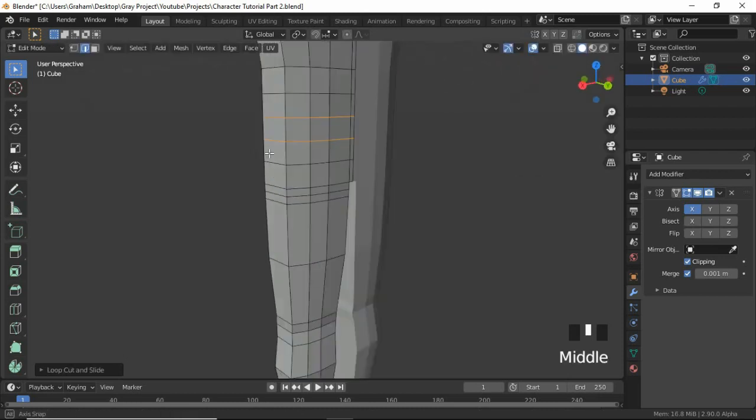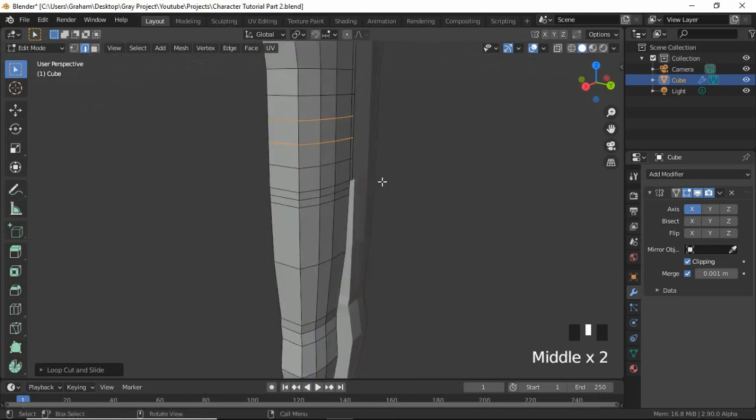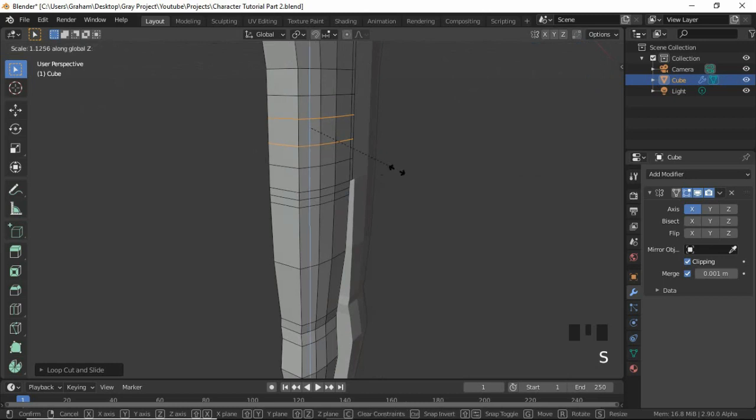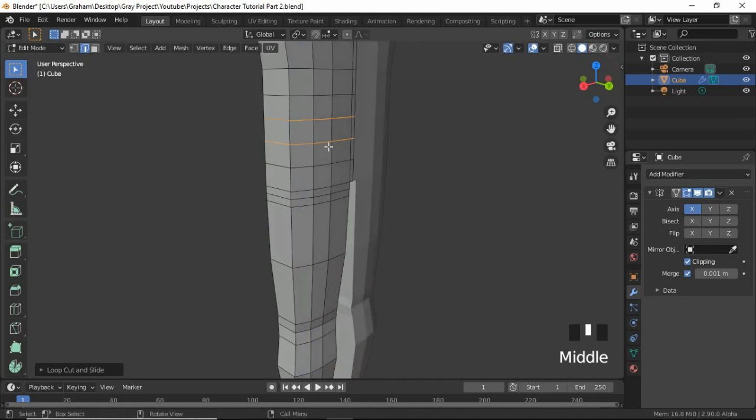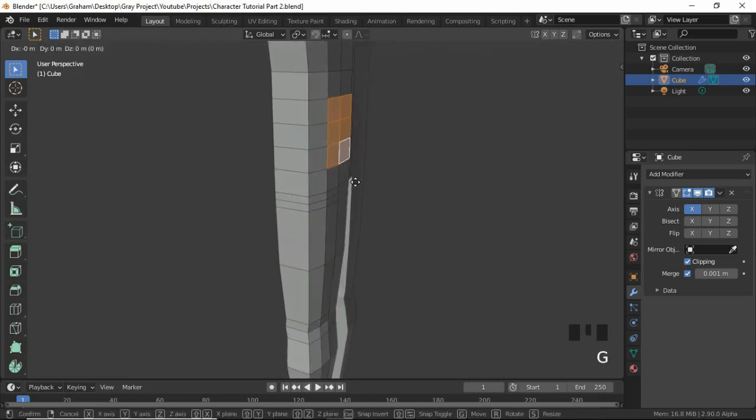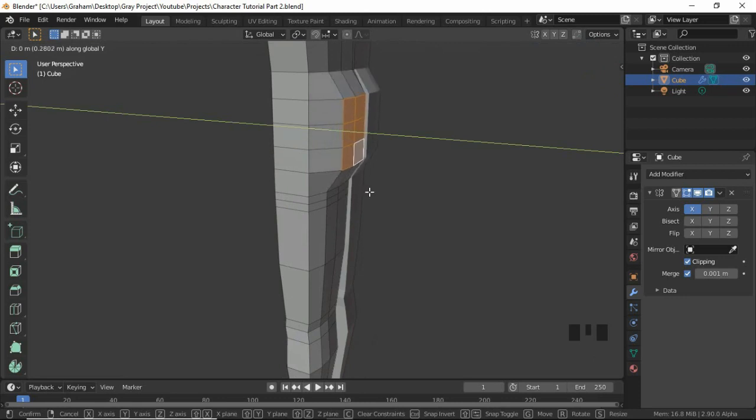And if you're happy with how yours look, you can leave it like that, or you can repeat that S and Z process again. Well, I'm just going to leave it like this because I'm happy with it. So let's go into face select mode by pressing 3, and let's just select all of these faces. Yeah, these 6 faces, and press G and Y to move them outwards on the Y axis like this, creating